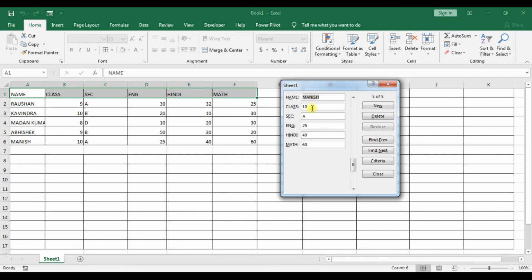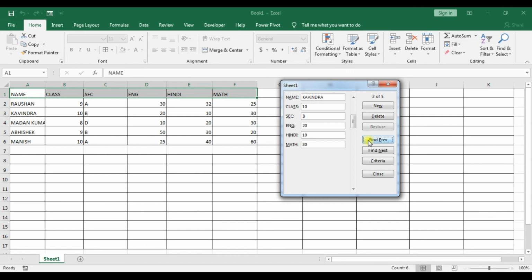You see Manish is from class 10. Now the previous record from Manish is Kavindra. So in this way you can use the criteria option to search the records from the database, that means from the fields which you have entered.